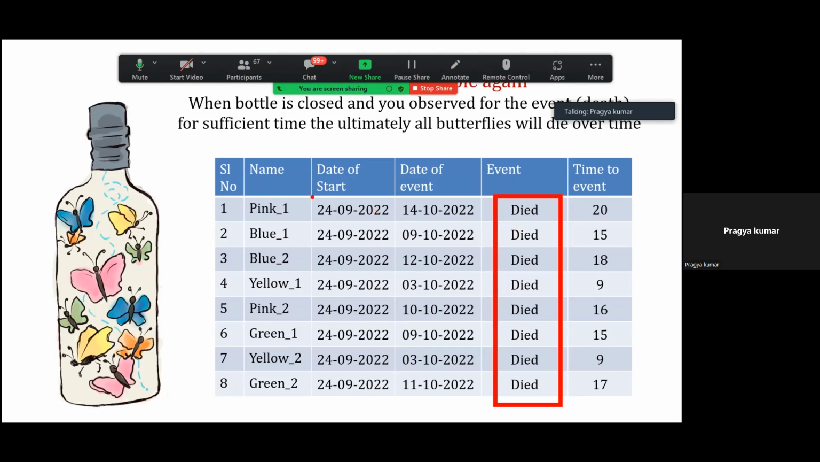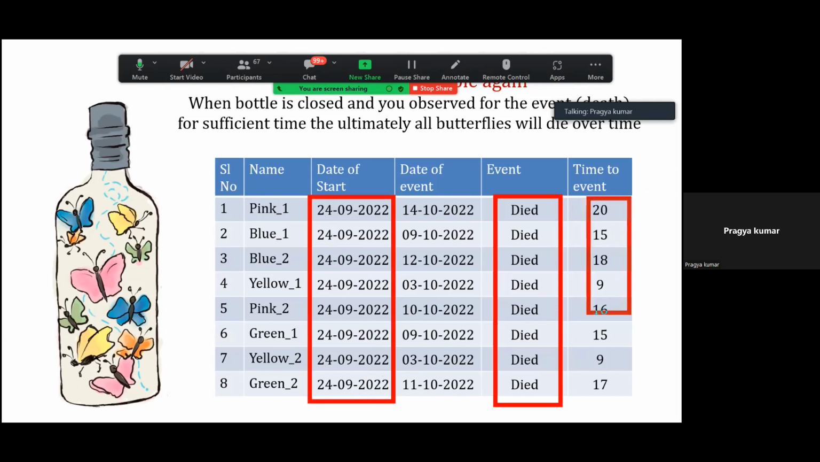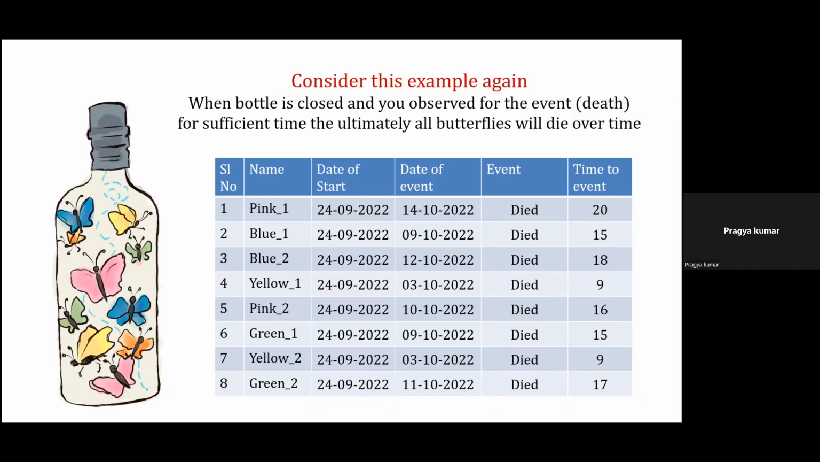And in this case, again, which is not a very common feature, the start day is the same in all the cases, which will not happen if you are actually doing a survival study. And this is a variable time to event. In the first case, it is 20 days, 15 days, 18, 9, 16, 15, 9, and 17. So this is one example where all the butterflies died. Start day was the same, and there was a variable time to event. Now coming to